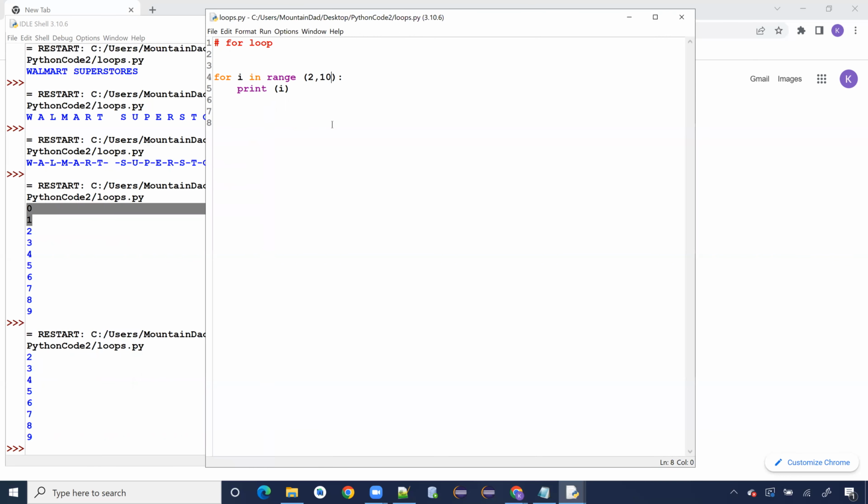And then what if you say, hey, instead of incrementing by 1 each time, I want to increment by 2? You know how in the while loop we had i plus equals 2 or 5 or whatever it was? How do I do that? That's why you put a comma here and put 2. So those numbers tell you starting point, ending, and then increment